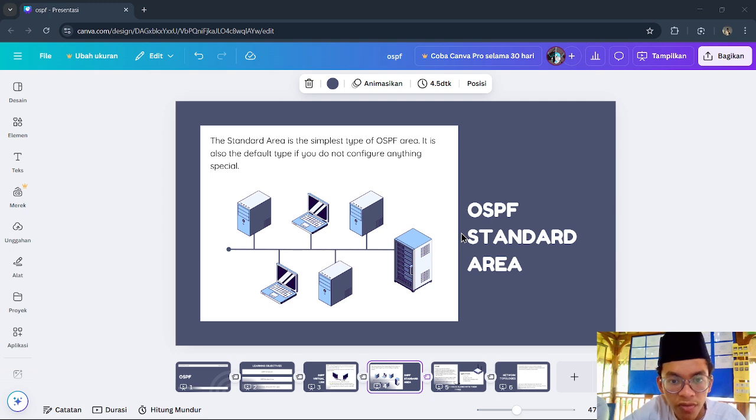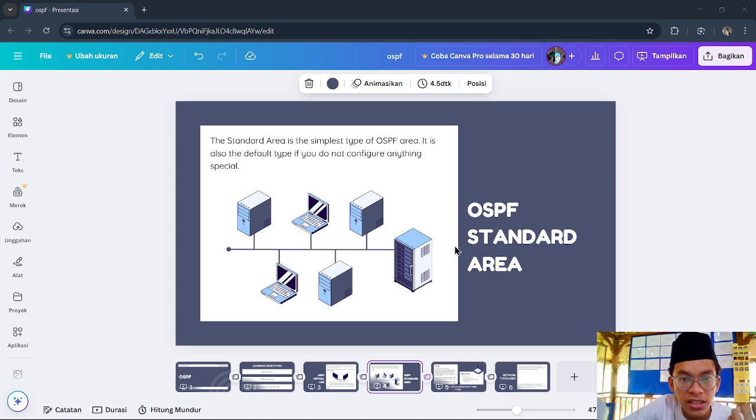To reduce this overhead, OSPF provides special types of area called stub area. Stub areas filter certain types of LSA to keep routing simple inside the area. There are four main types of stub area, but I will explain the four main types to you guys.